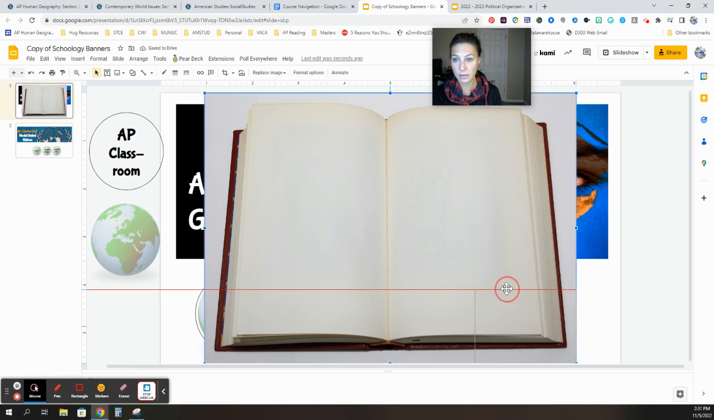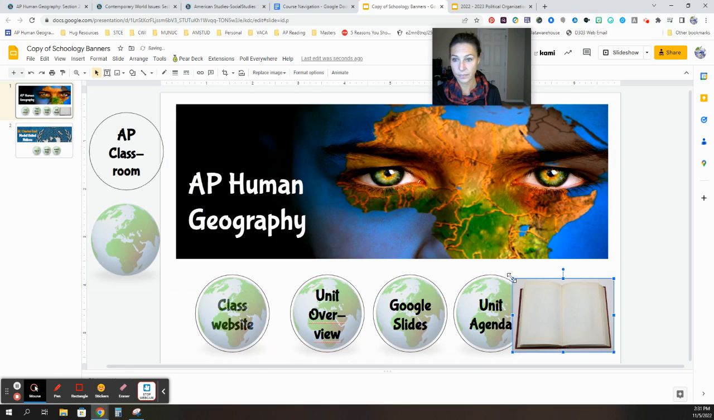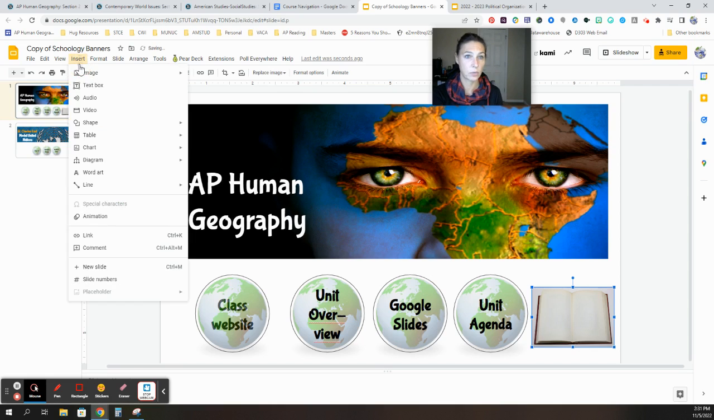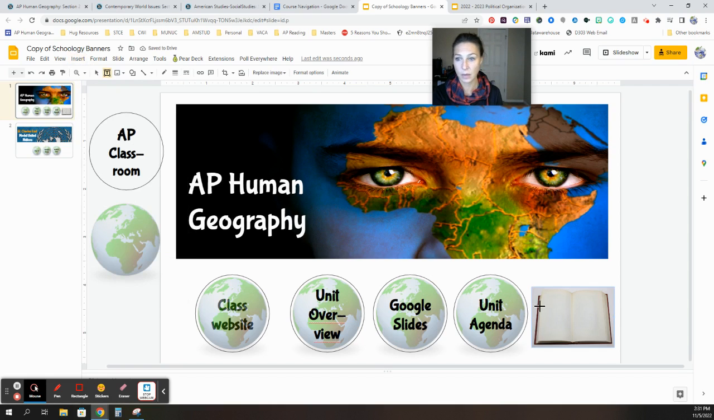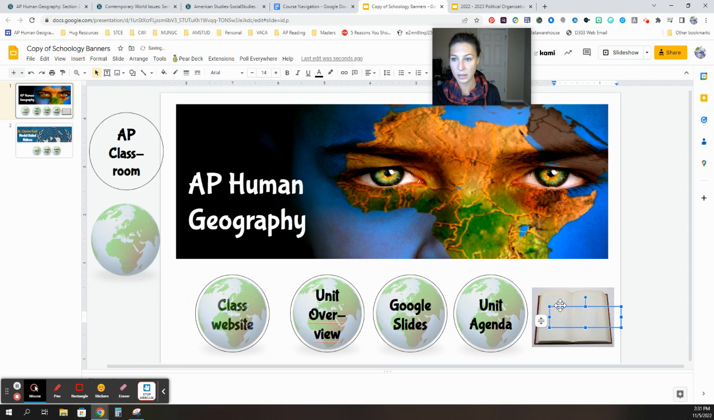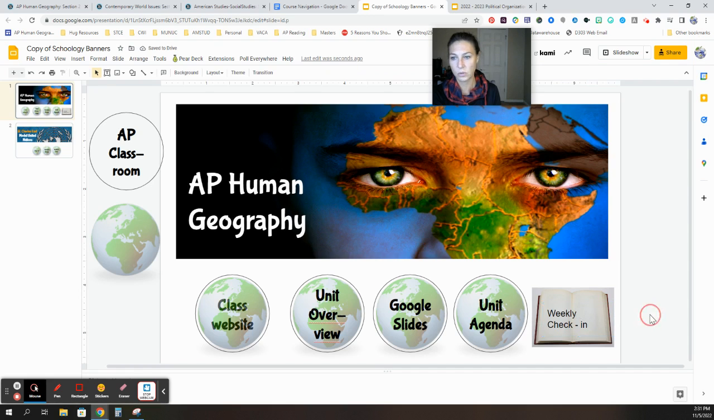Google slide, size it like that. And then you would insert your text box right over it. So insert text box, and that would go right here. And maybe this again is your weekly check-in. And then, of course, you can size this and change the color and do whatever else you want to do